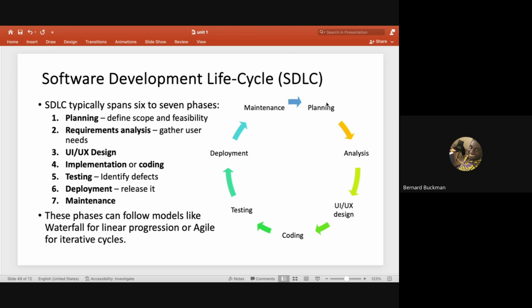Then when we have gathered that information, we now have to do what we call architectural design. Just like how architects build their buildings by first drawing them, in software engineering, in the third stage, we draw the designs. We call that UI and UX design. UX stands for user experience design. Then after drawing the software, we go and code the software. We call that implementation.